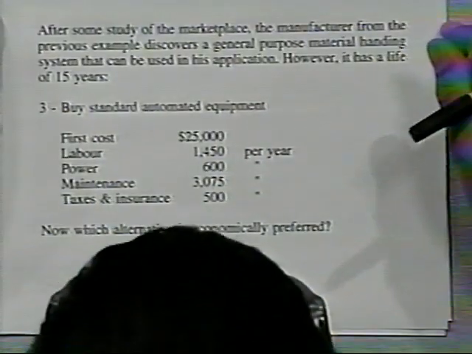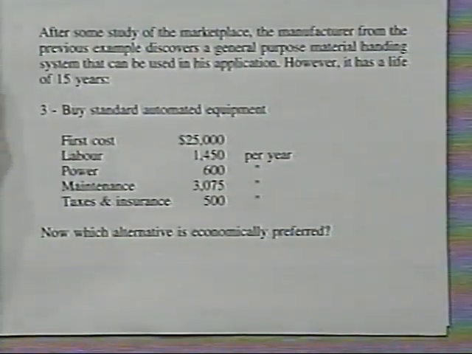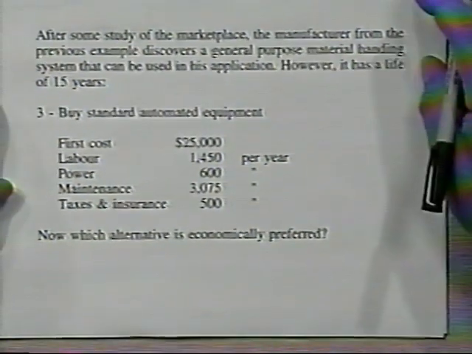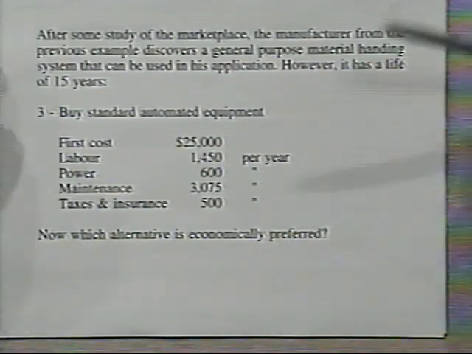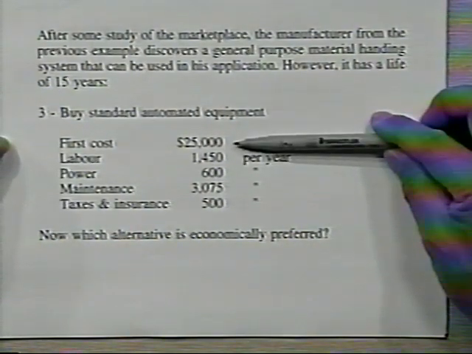So in this example, let's say that after some study of the marketplace, the manufacturer discovers a third alternative: to buy some standard automated equipment rather than the custom automated equipment that we were discussing previously. So with the standard automated equipment, we have a different cash flow structure. We've got a higher first cost, but